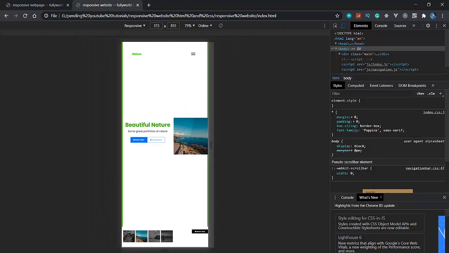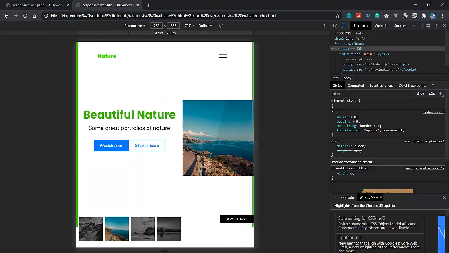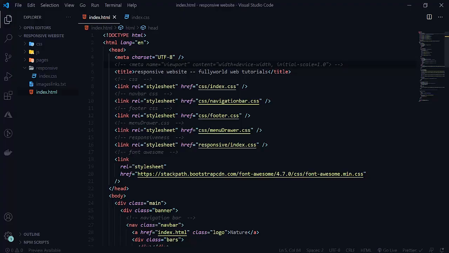See that our space is increasing, the whole space is increasing, and our website is looking as it is. As we are in Chrome here, our responsiveness will not work. So for that we need a meta tag here, with name equals viewport, and width will be according to our device width.